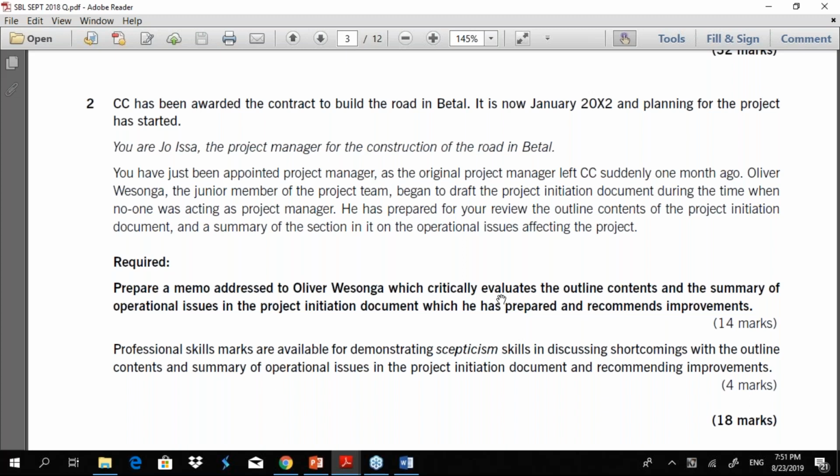So first thing, we must stick to the format, which is a memo. Now we must stick to the verb, which is critically evaluate. What do you mean by critically evaluating?